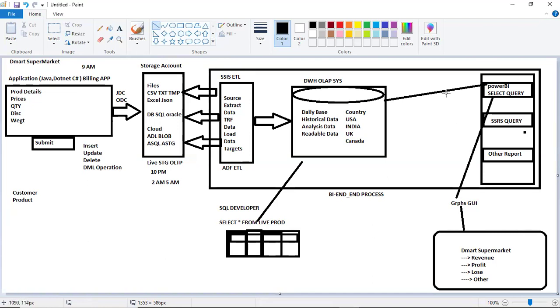Again, these people have to go and extract the data from here. If the report developer is working only for the India region, he has to filter the India-related data from the data warehouse. So it takes a longer time when you run the query. Whenever the user opens the report, even the UI, in the background this query gets fired, runs against the warehouse and gets the response.